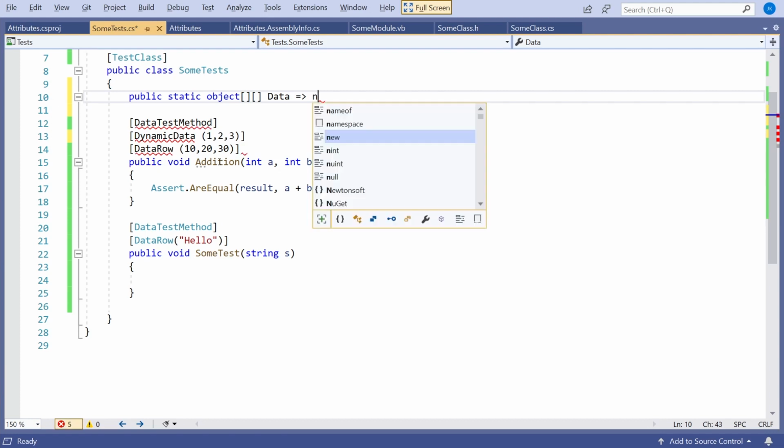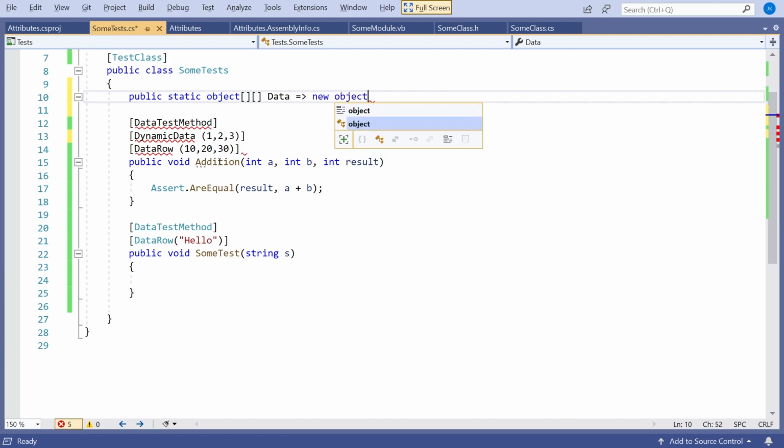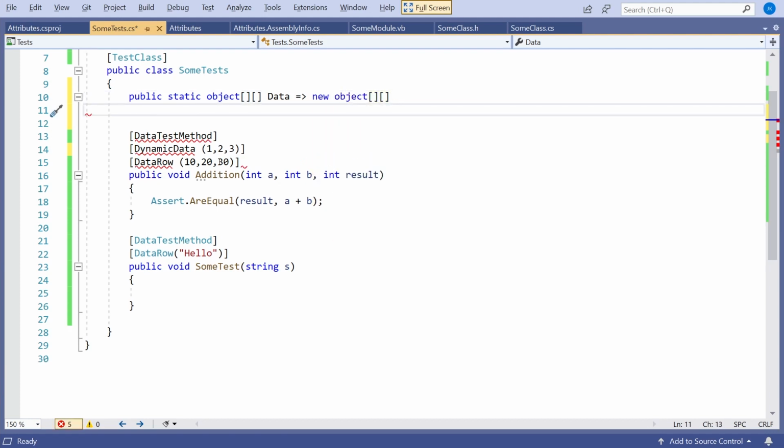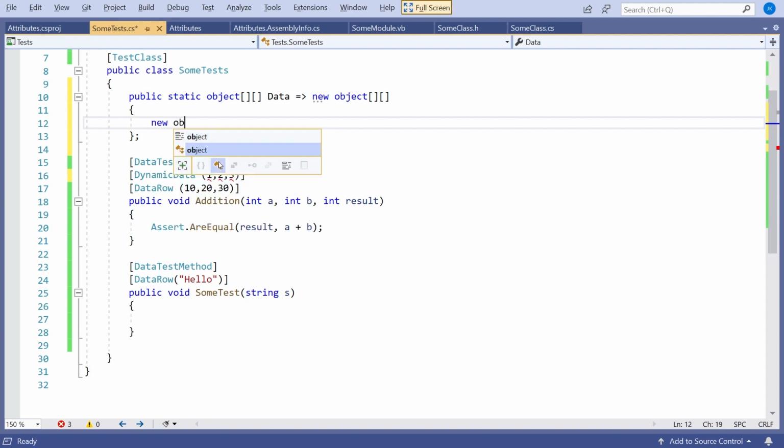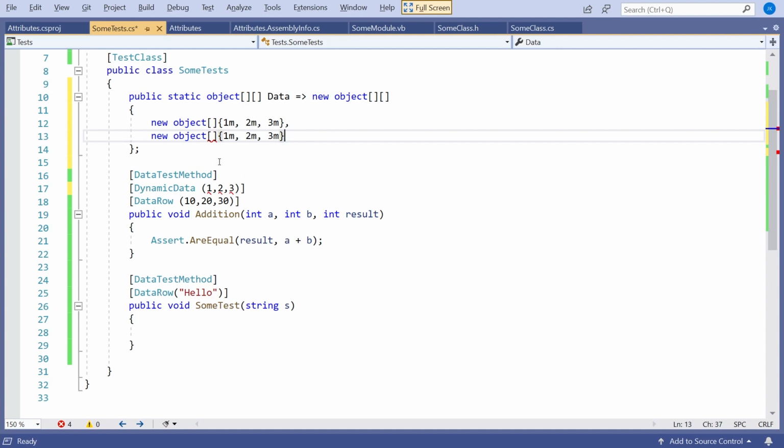It's going to return a new object array, and then we can just fill in the values that we want. So our first row is going to be a new object array, just the one dimension to it, initialized to 1m, 2m, 3m, and then the next one we'll have as 10, 20, 30, and as many as we like.